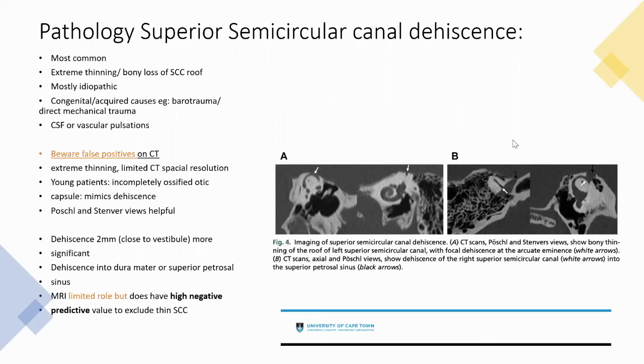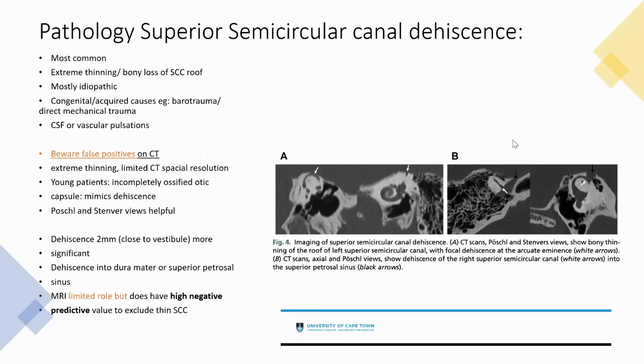So on CT scans, when there's really extreme thinning, we need to note that CT has quite limited spatial resolution. So it might be falsely positive and there actually is no dehiscence. Then specifically in your young group of patients, we know that their otic capsules are incompletely ossified. So it might look like a dehiscence, but in fact, it's not a true dehiscence. And this is where these other oblique views may help you in establishing whether or not there is in fact